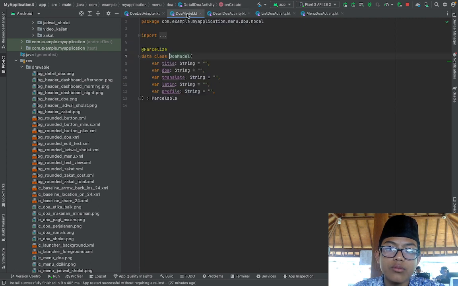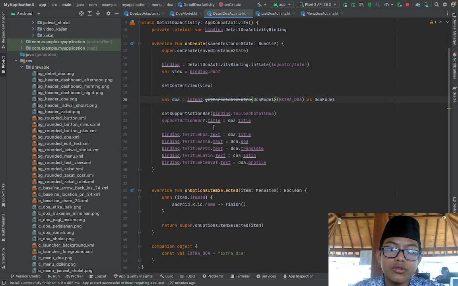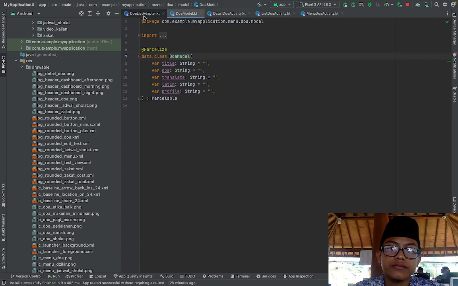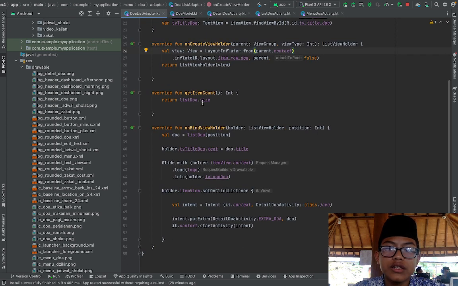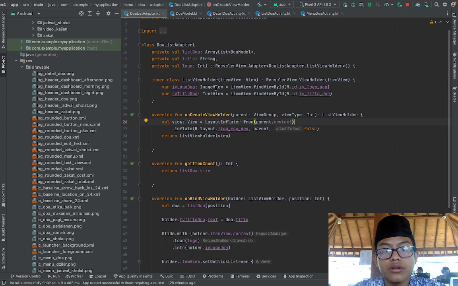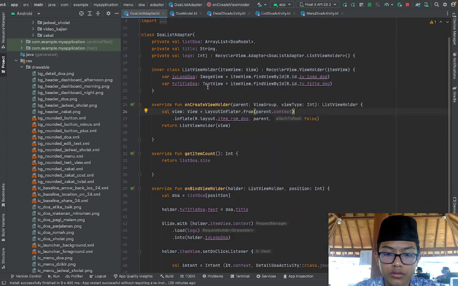And then the Doa model. Title, doa translate, Latin, and profile are variables, and this is the part where we create them. So this part could be functioning. And in the DoaListAdapter, it will